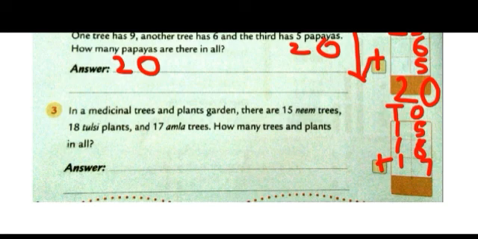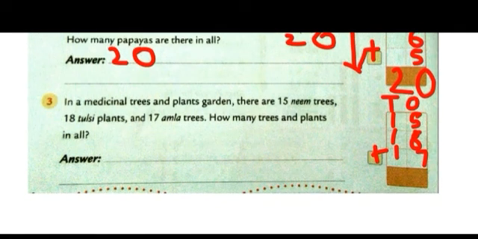Which is the bigger number? 8. Starting from 8, first we will count forward 7: 9, 10, 11, 12, 13, 14, 15. Now we need to count 5 more. So from 15 we will move forward 5: 16, 17, 18, 19, 20. Again we got the answer 20. But we will regroup it first.